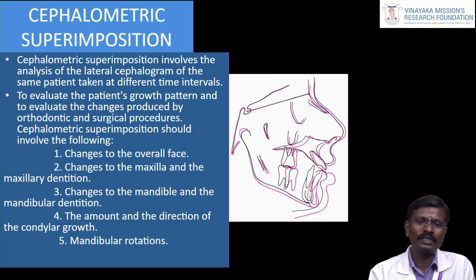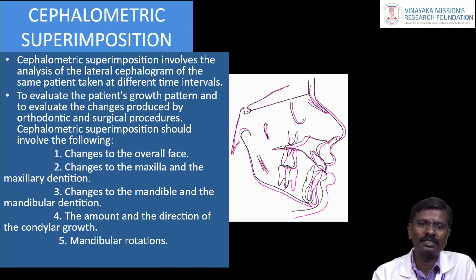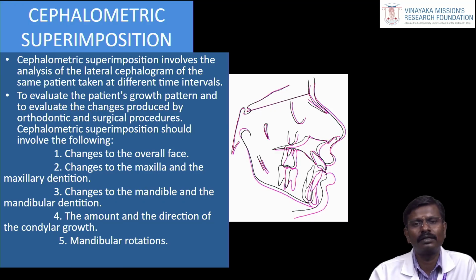One, with that superimposition, you can find out how the growth changes are there. If you imagine that you had taken an X-ray of one patient at the age of 11 or 12 years, and the same patient is coming at the age of 16, 17 or 18 years. If you stored or preserved that previous X-ray, the patient had come for consultation at the age of 11, they didn't come back, and if they are coming at an age of 13, 14 years,